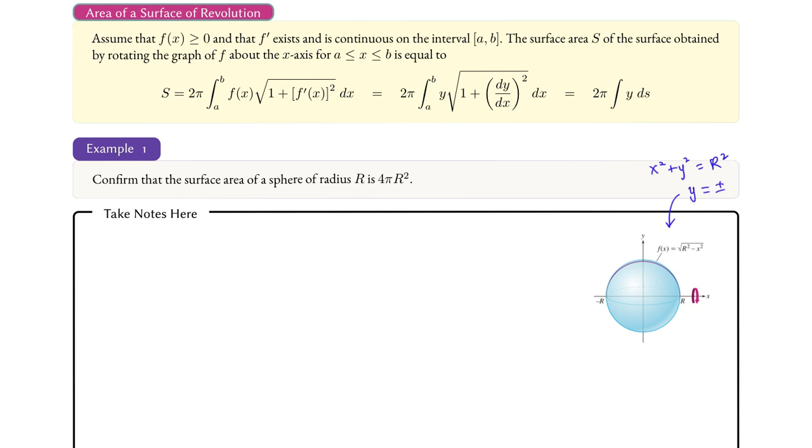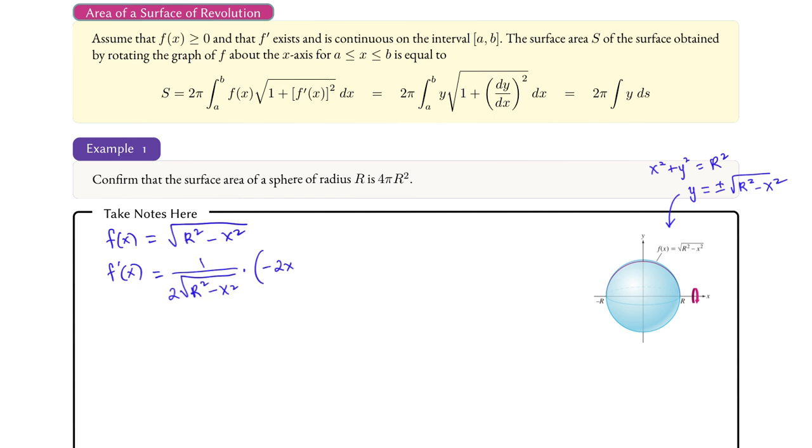The equation of the circle is x squared plus y squared equals r squared, and so y equals plus or minus the square root of r squared minus x squared. The positive piece is the upper curve. Using the arc length formula, f of x is y equals the square root of r squared minus x squared. F prime of x is 1 over 2 the square root of r squared minus x squared times minus 2x